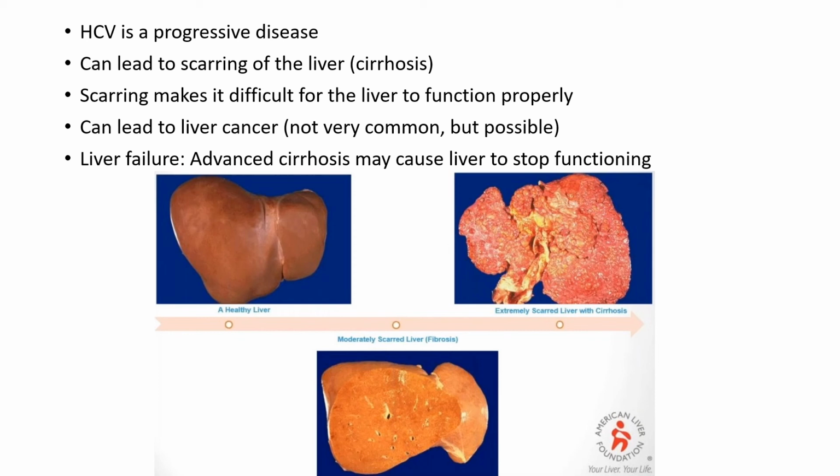And here at the very bottom, I put 3 pictures. The first one on the left is of a normal, healthy liver. That's what we all want our liver to look like, normal and healthy. In the middle, on the bottom, is a picture of a moderately scarred liver, known as liver fibrosis. Not in a great state there, but the worst one by far is on the far right, on the top